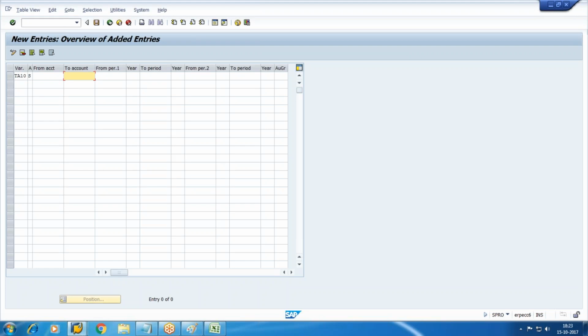From account to account, so these are the ledgers. Let's say you have 100 ledgers, so you select here ledger 1, and this is ledger 100. That means this rule is applicable from ledger 1 to ledger 100. If we specify a range or a limit here, and let's say some more ledgers are added, because